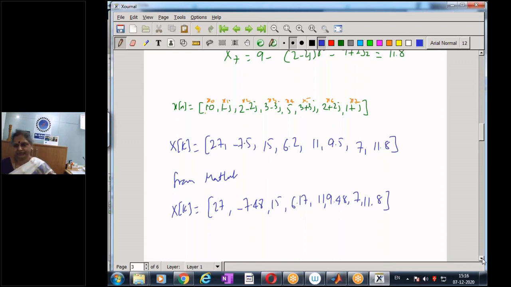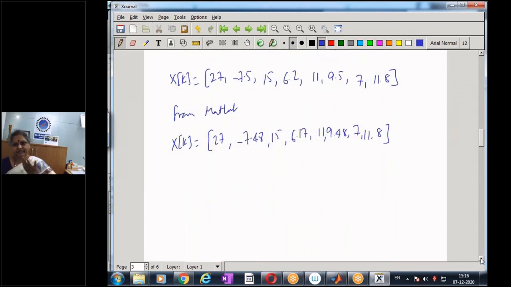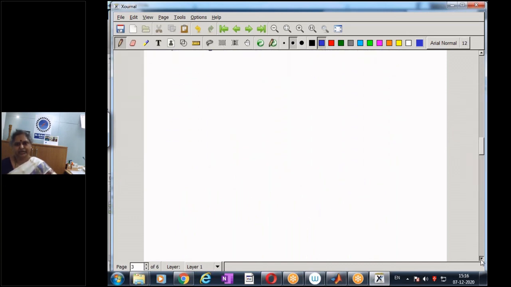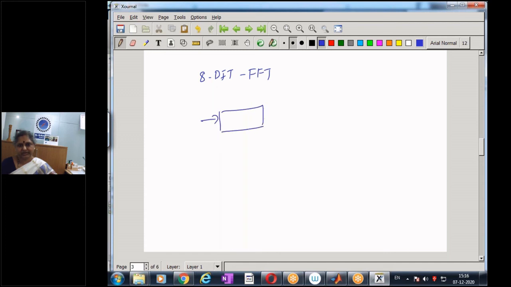So we have just seen how to compute an 8-point DFT. Similarly, I can take any other sequence and try to take my signal through the signal flow graph, and we can get the 8-point FFT computation. So we have seen the decimation in time FFT computation. My input to the algorithm in this case is in the bit reversed order, and my output of the sequence is in natural order.